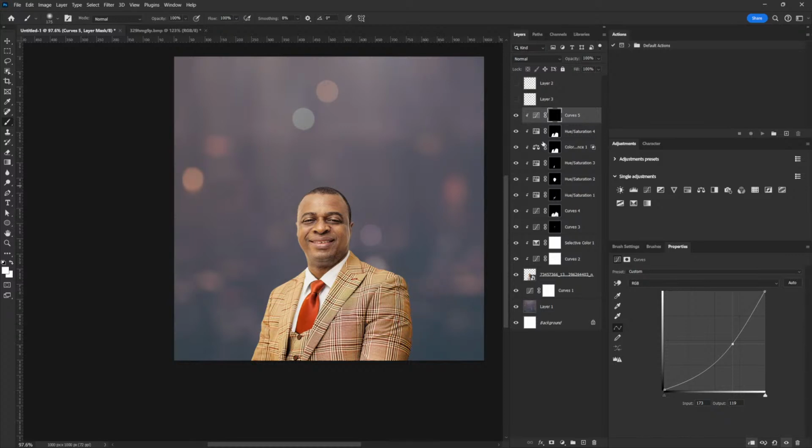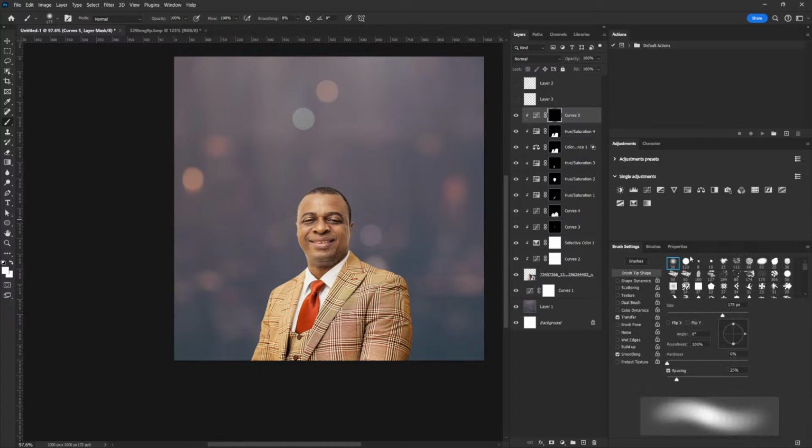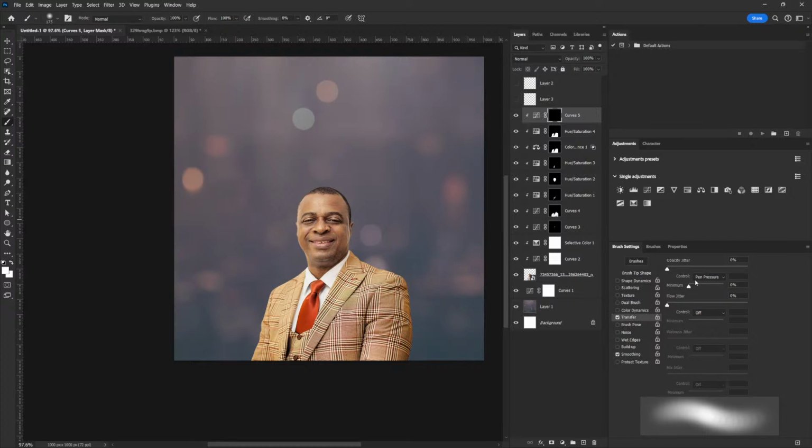increase my brush size. Now, for those of you who don't have a graphics tablet, please still make sure that your flow is set to 11 here. But because I have a graphics tablet, I have my transfer checked. So if you have a graphics tablet, just make sure that your transfer control is set to pen pressure. All right, so then I'm going to apply the brush now to the